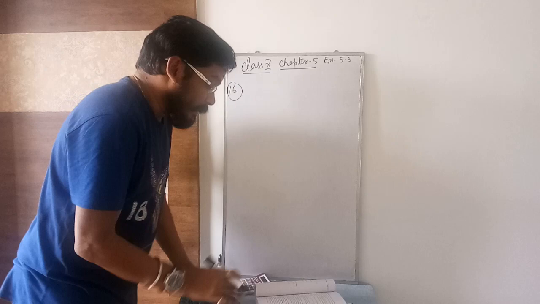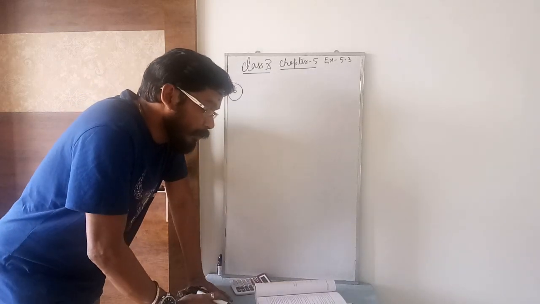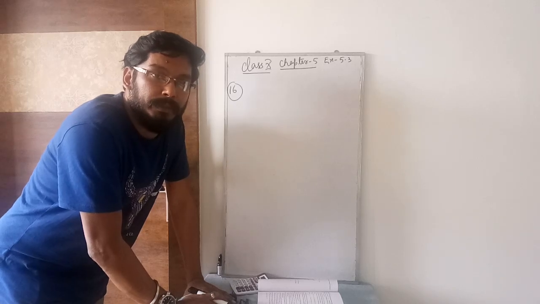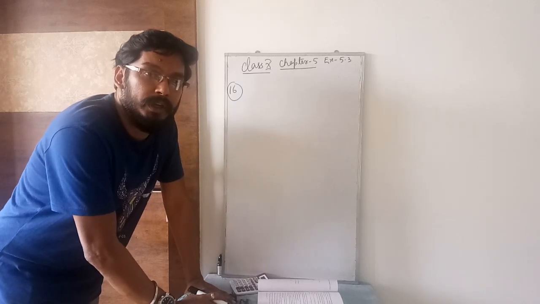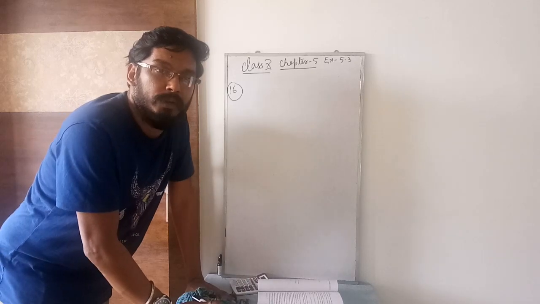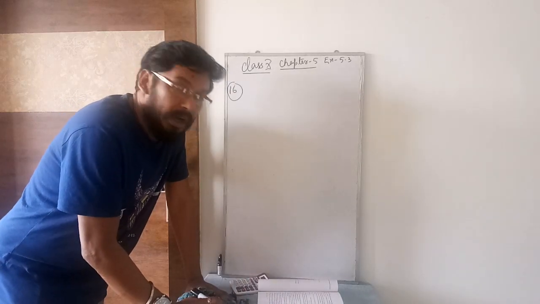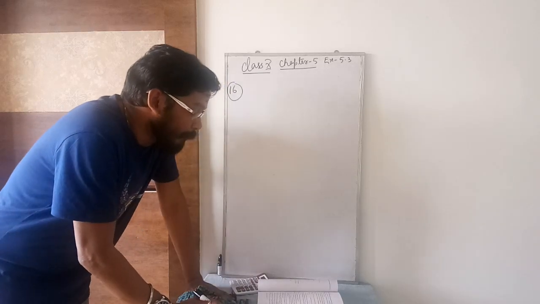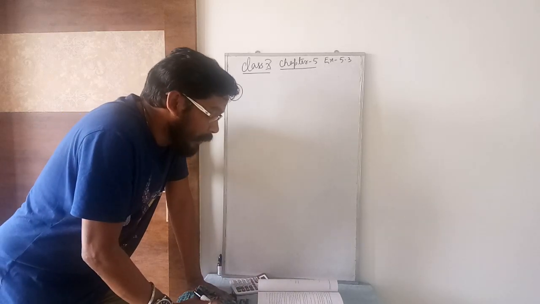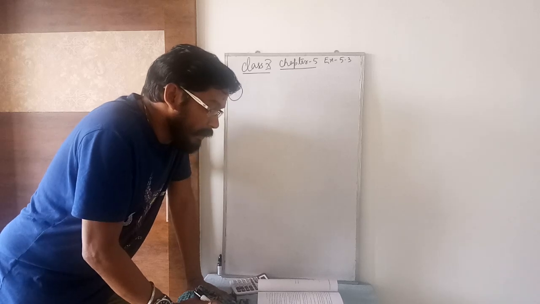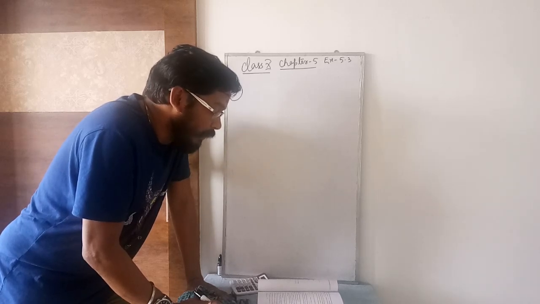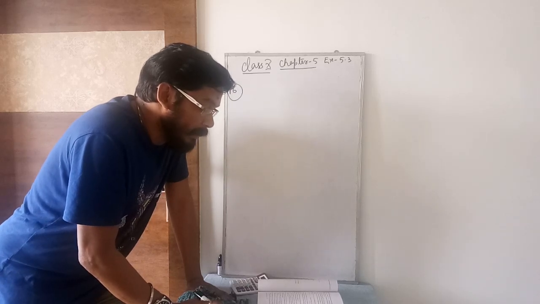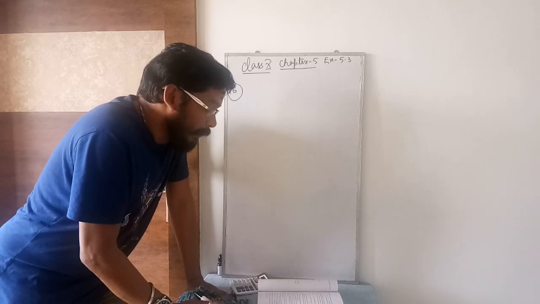A sum of rupees 700 is to be used to give 7 cash prizes. So the total amount of money you have is 700. You are going to give 7 prizes out of this total amount. Everyone will not get the equal amount. The sum of rupees 700 is to be used to give 7 cash prizes to students of a school for their overall academic performance. If each prize is rupees 20 less than the preceding prize, find the value of each prize.